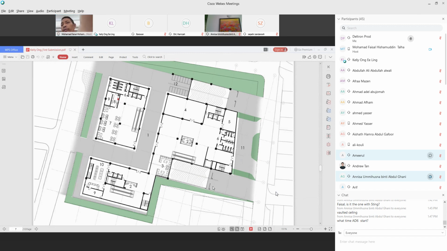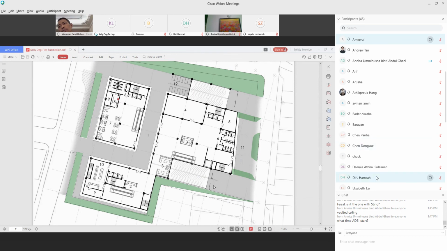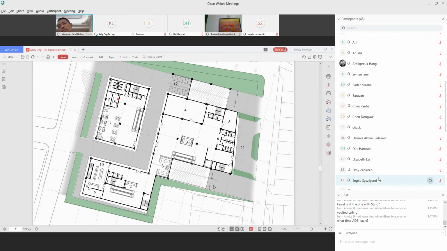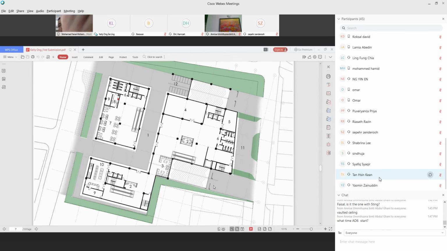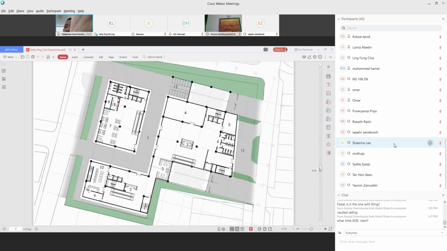Very tight. Can we have services over here? Yeah, we can. We can have it over here. We can have that, no? Let's shift, change, switch.